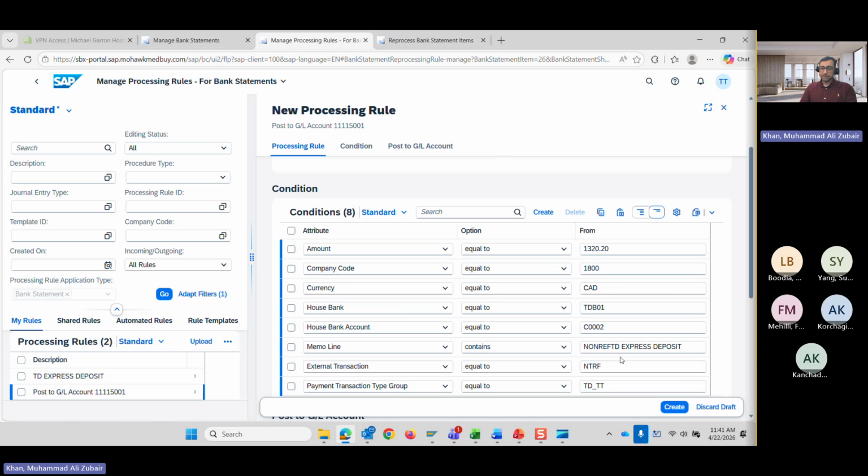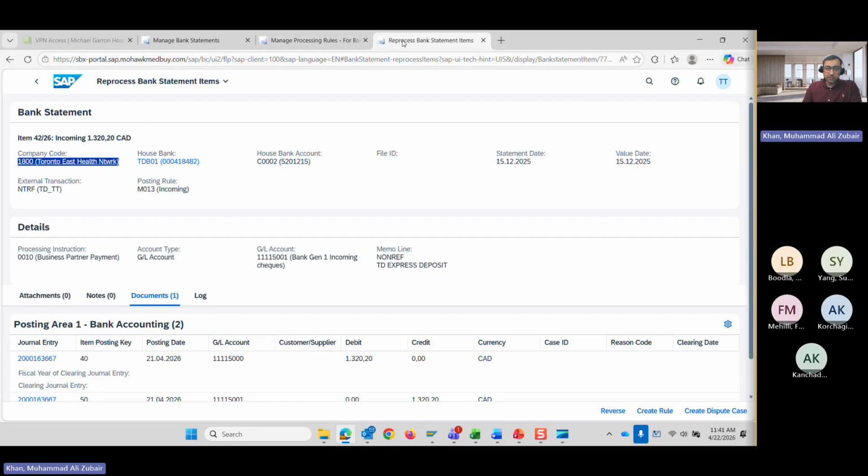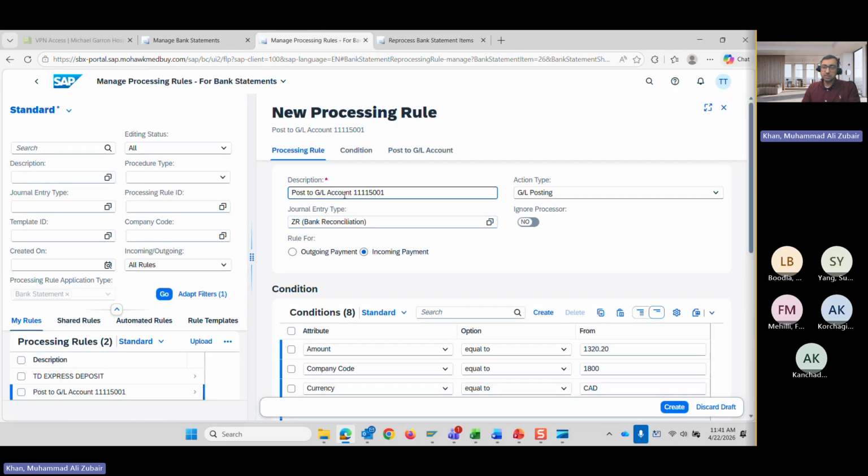See, the memo line is this. Just to give you some idea about it. The description is this. You can change it, like we are making it for the non-TD Express. You can change anything, you can write anything. Okay, I will write something like